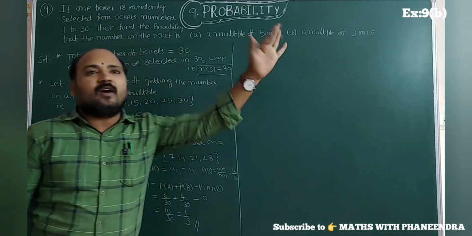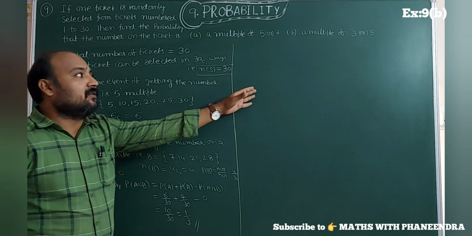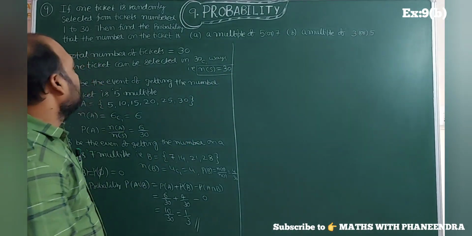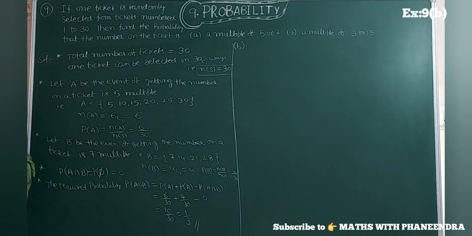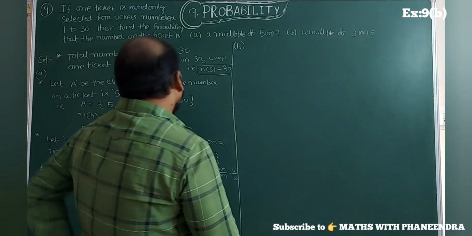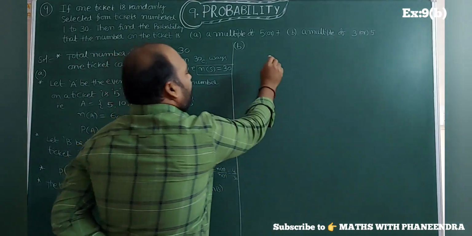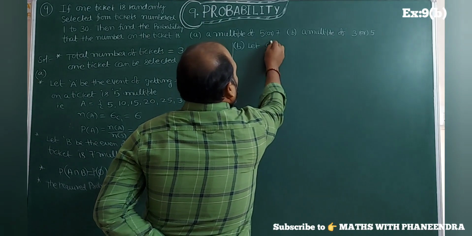A multiple of 3 or 5. Same procedure we have to follow. But in this case, 3 and 5 multiples are there which are common. So first one, the B problem, which is A. This is A problem, this is B problem. Here already A, B I have taken, so C, D I am taking, general. Let C be the event